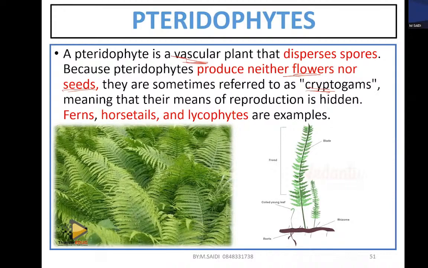Don't confuse rhizoid and rhizome. A rhizome is like an underground stem, similar to what we call a stolon. So the rhizome has what we call the roots. It means that this is a little bit advanced compared to